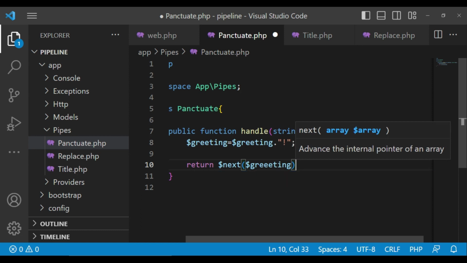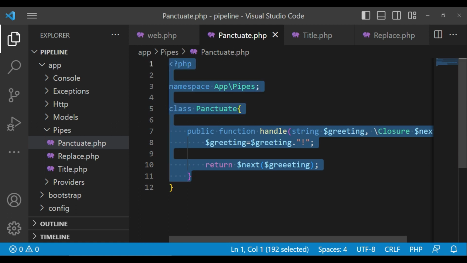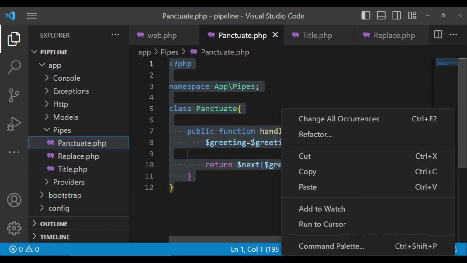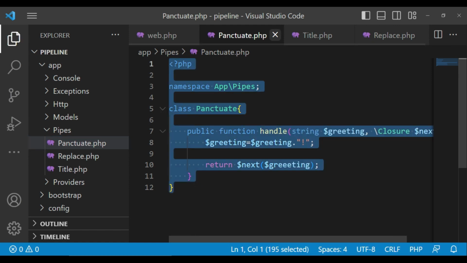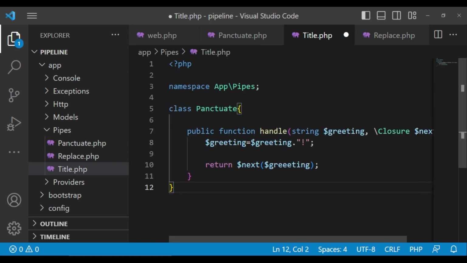In this case, we pass it to the next pipe, or maybe depending on how we have it. So I think this will be what you have here in punctuate, and because whatever it is that you are doing is very similar, I would like to copy everything that we have here, and I'm going to paste it in the other files. So I'm going to copy, and I want to paste it in title.php, and here we are going to